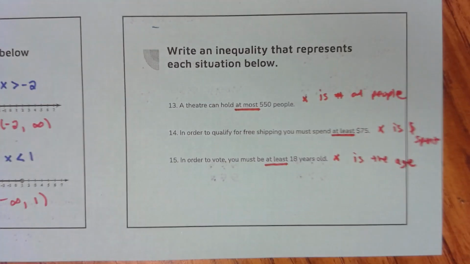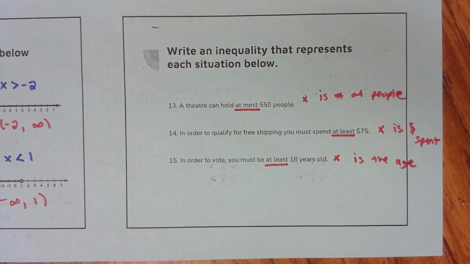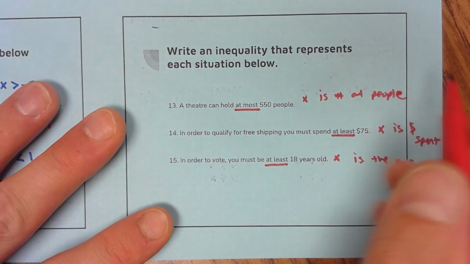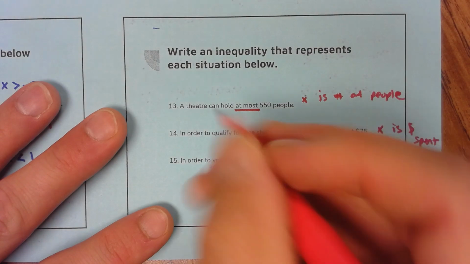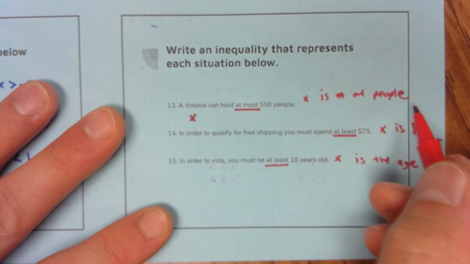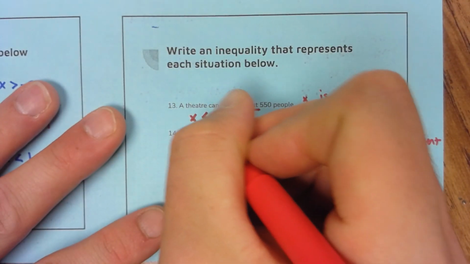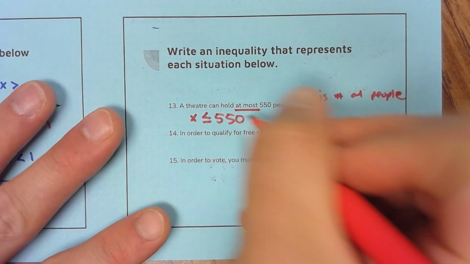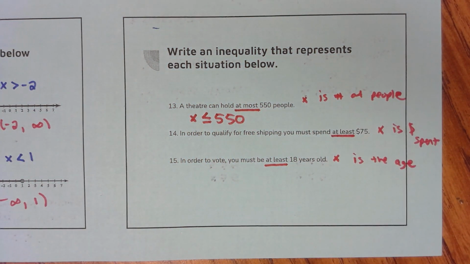This is always a great place to start when trying to go from a sentence into a math sentence, whether that be an equation or an inequality. So if we can have at most 550 people, that means x, the number of people, needs to be less than or equal to 550. At most means we can't go beyond 550. But if we're writing the